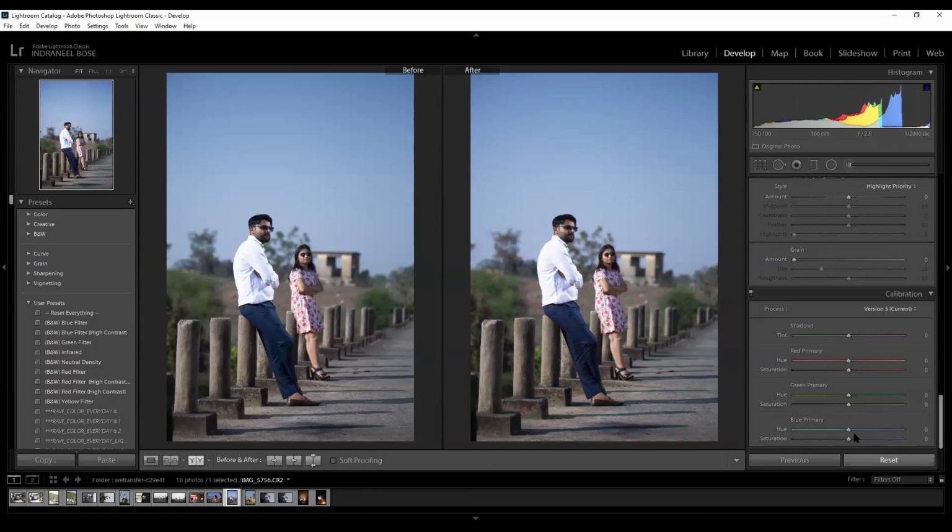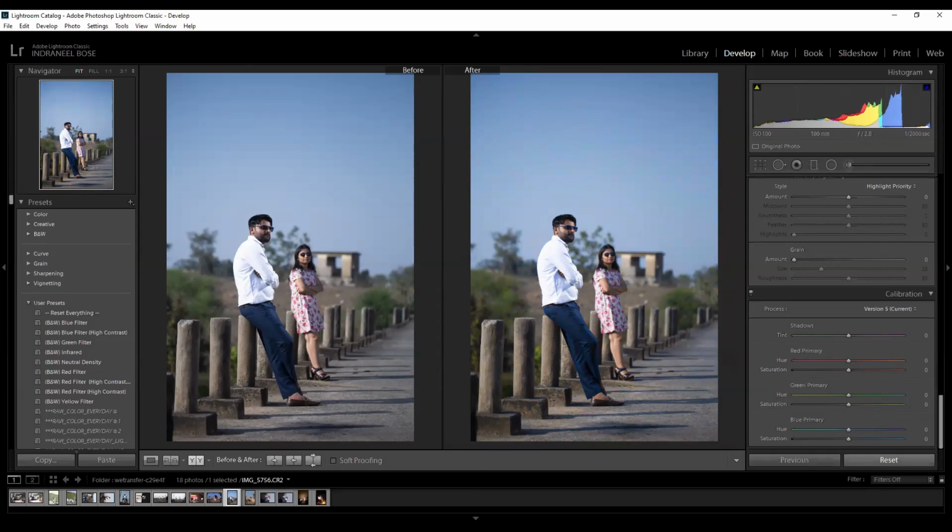So whatever primary color is there, it will first try to work on that primary color, and all the secondary colors, it will try to mix with the opposite color, and whatever color comes out, it will try to produce that color. This is a basic work of calibration in shadows in red primary, green primary, blue primary.